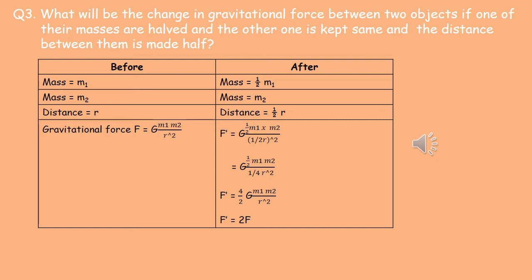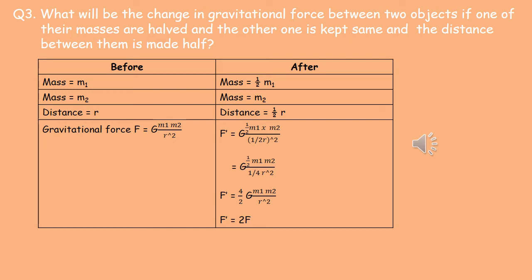So we are making two columns before and after. First mass is m1, which is changed to half m1. Second mass remains the same as m2. Distance was r, now it is changed to half r. Gravitational force capital F is equal to capital G m1 m2 by r square. So the changed value of force F dashed is equal to capital G into half m1 into m2 divided by